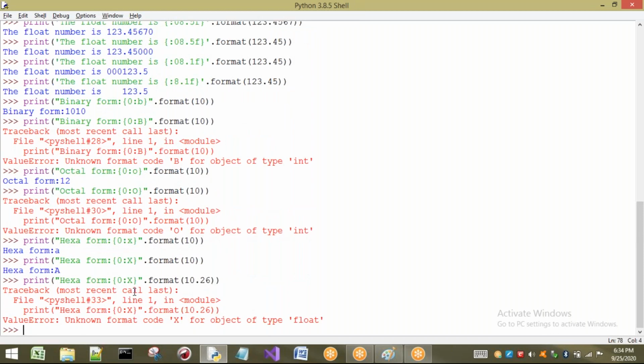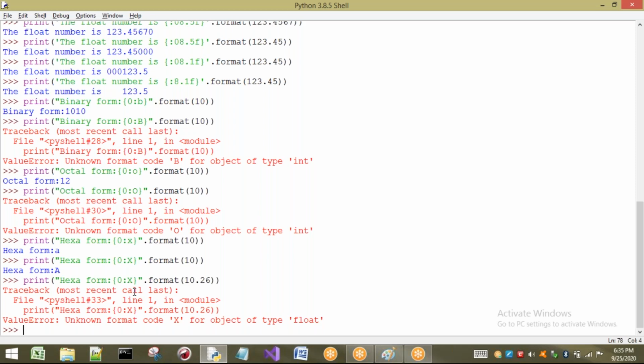It is going to give you an error, because the concept of binary, octal, and hexadecimal is not applicable for floating point numbers. This is about formatting by using the concept of hexadecimal, octal, and binary.